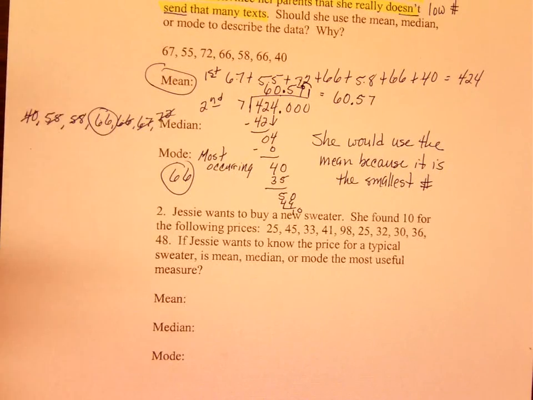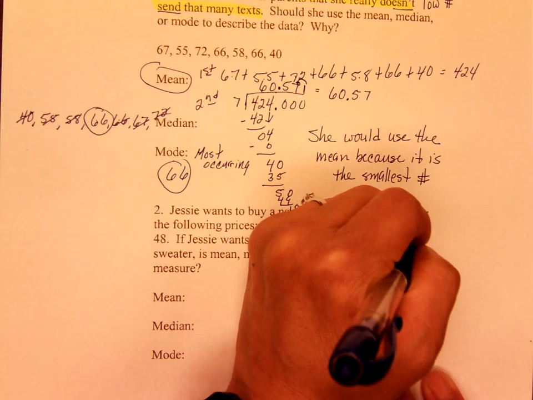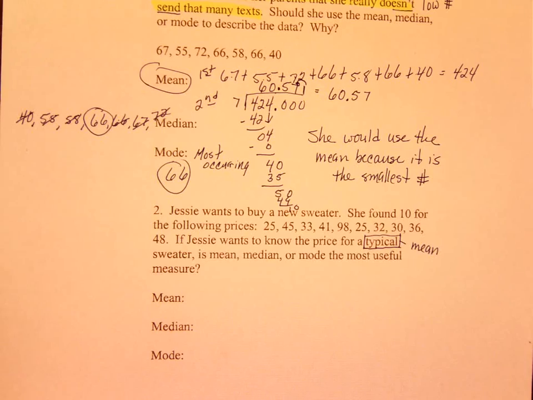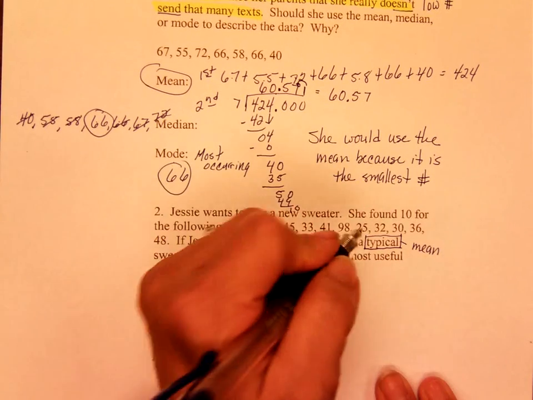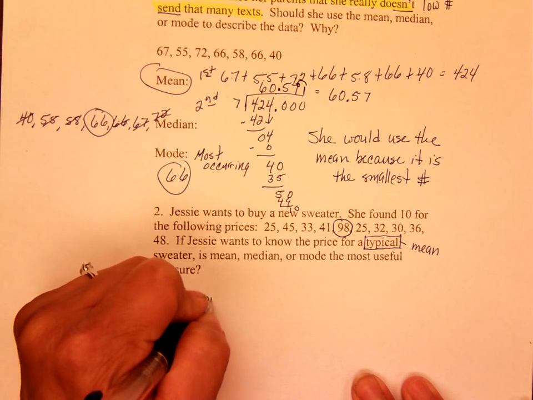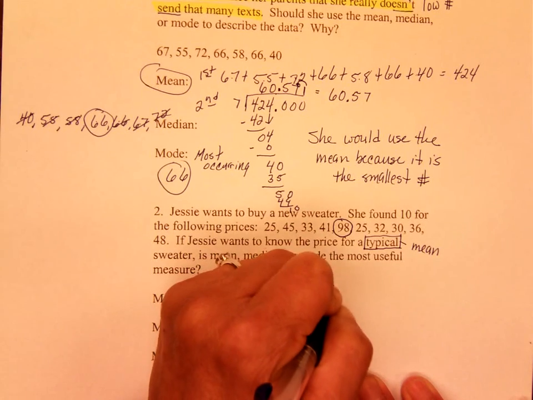Okay, so you could figure out the mean, you could figure out the median, and you can figure out the mode. But I'm going to show you just a clue here. If you see the word typical, typical usually means to find the mean. Okay, so if you see the clue word typical, that means mean. But here is the extra but. You need to look at the numbers. Is there an outlier in your numbers? There is an outlier. If there is an outlier, do not pick mean. Don't pick mean if there is an outlier